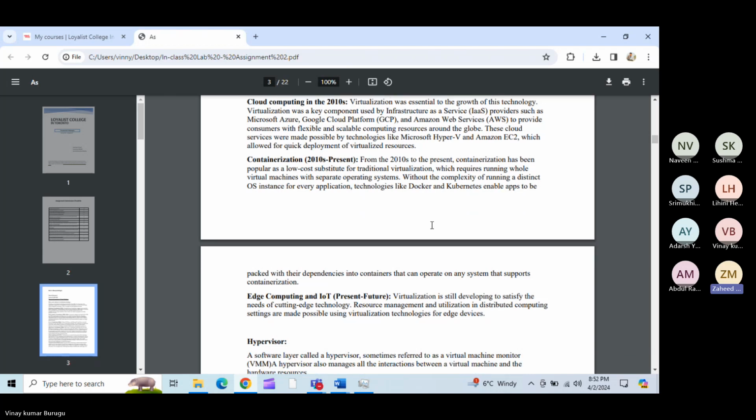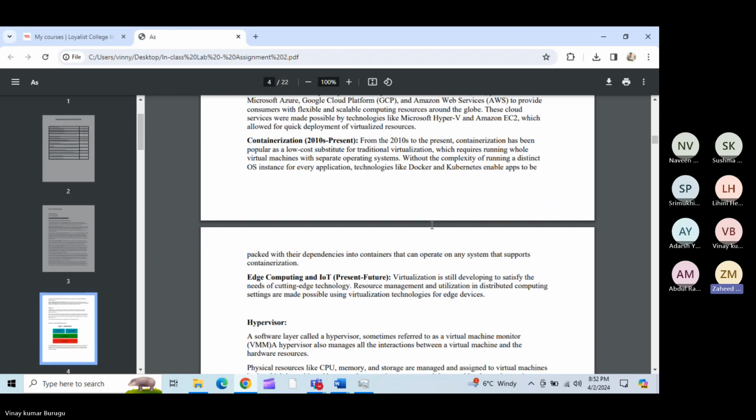Then from 2010 to the present, containerization. Containerization has been a popular and low-cost substitute for traditional virtualization, which requires running a whole virtual machine with a separate operating system, without the complexity of running a distinct OS instance for every application. Technologies like Docker and Kubernetes enable apps to be packed with their dependencies into containers, which can then operate on any